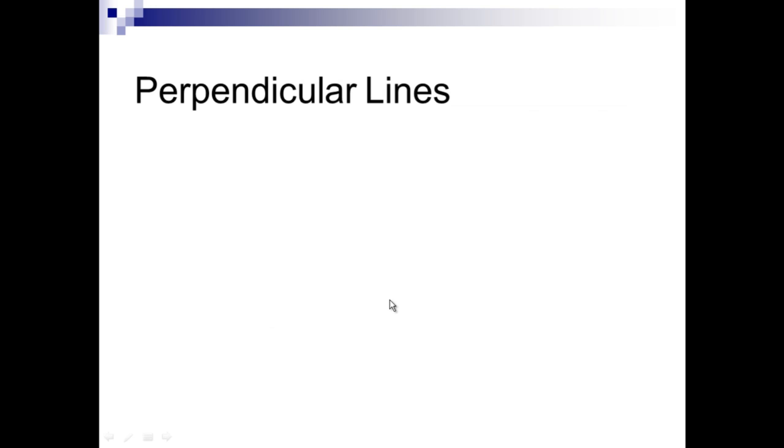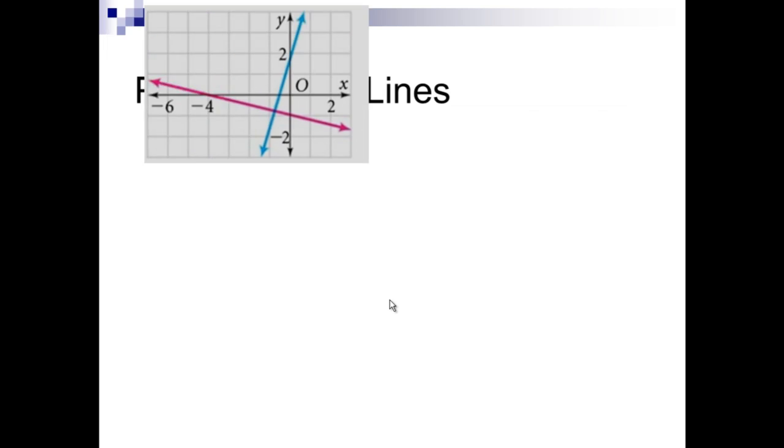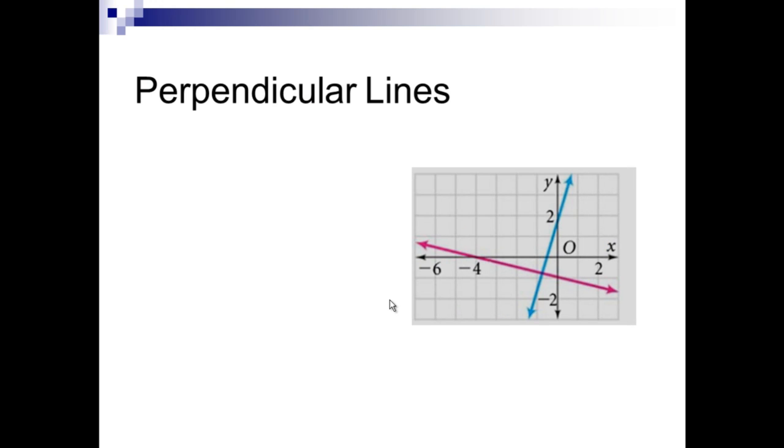The characteristics of perpendicular lines are: first, the lines intersect to form a right angle. Second, two lines which cross at 90 degrees to each other have negative reciprocal slopes. Let's check the slopes. For the red line, the gradient is